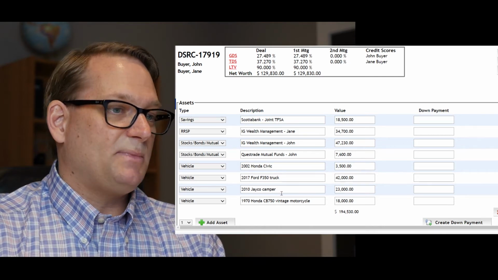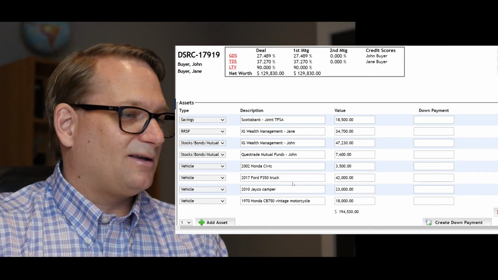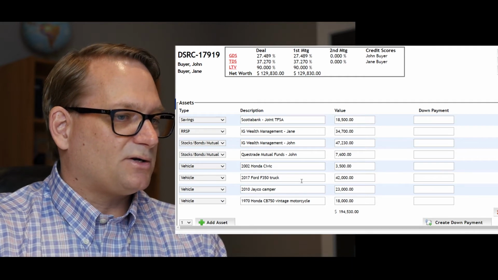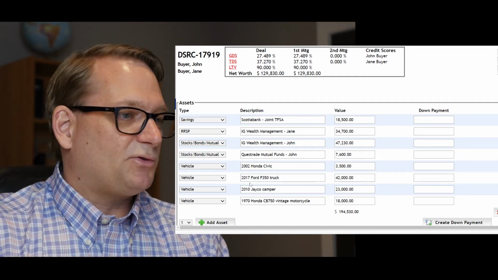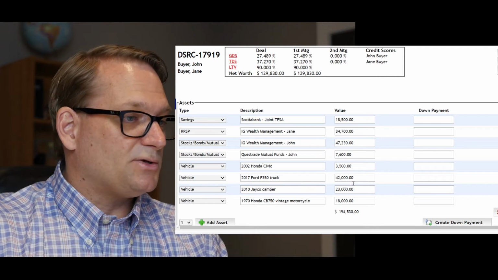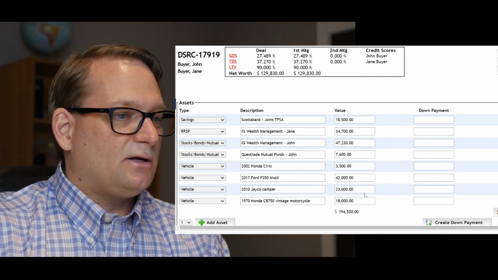got a camper, and so that means they probably have a truck. So if you're going to have a big camper, then you need to have a big truck. So they've got a 2017 Ford F-350 truck worth about $42,000, and then the camper that goes with it, another